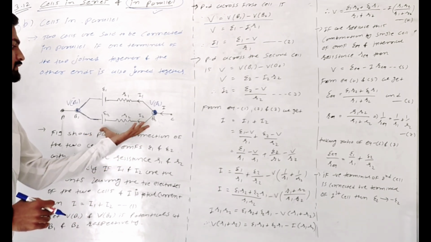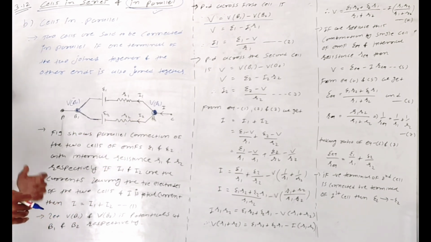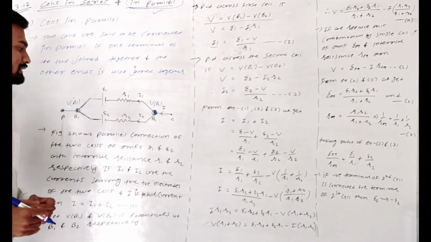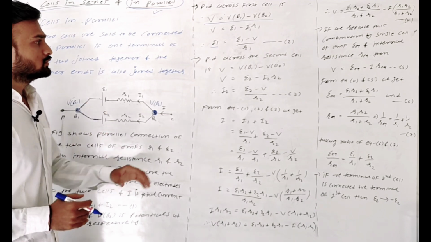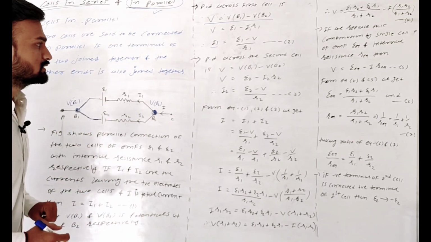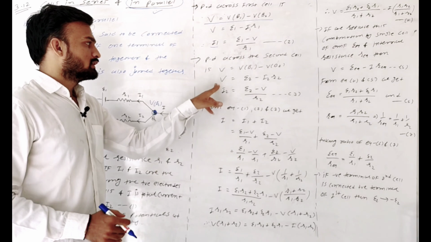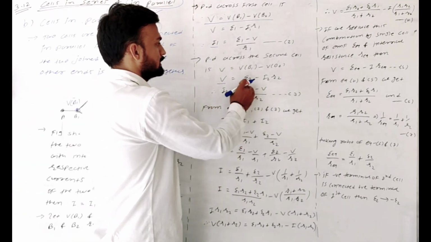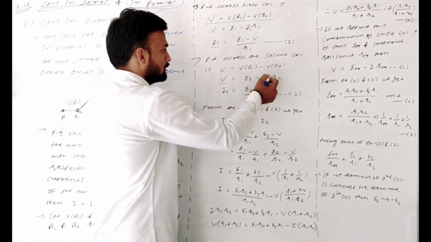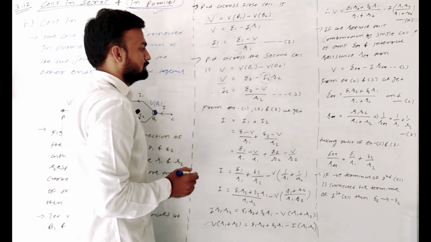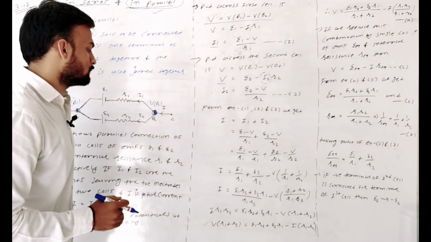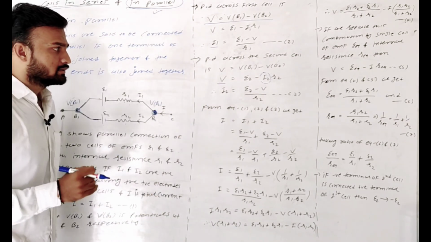Now the potential difference across the second cell. We know that the two cells are connected in parallel, so the potential of the two cells is equal. So the potential difference across the second cell also becomes VB1 minus VB2. So V is equal to E2 minus I2 R2. Now if I take I2 as the subject, then I2 is equal to E2 minus V upon R2. Let it be equation number 3.